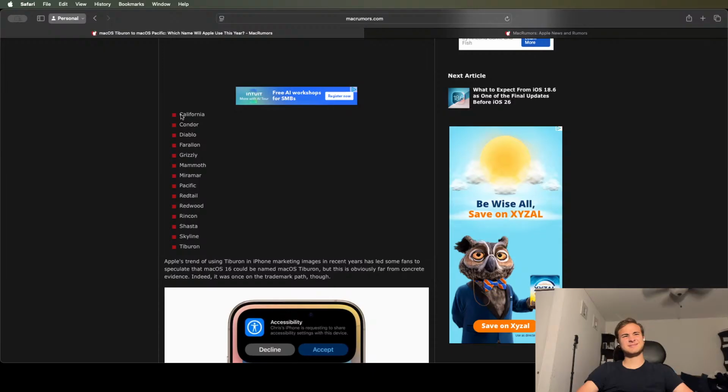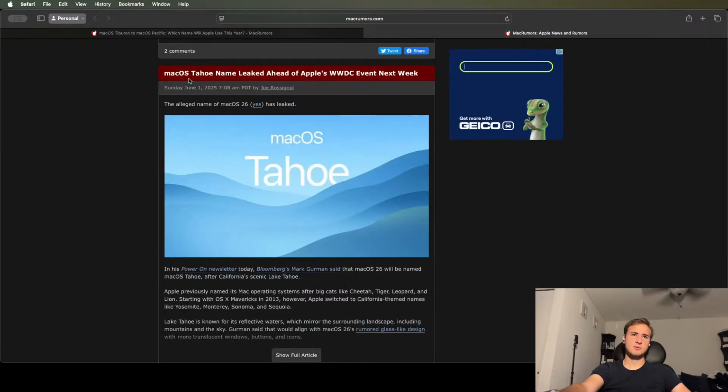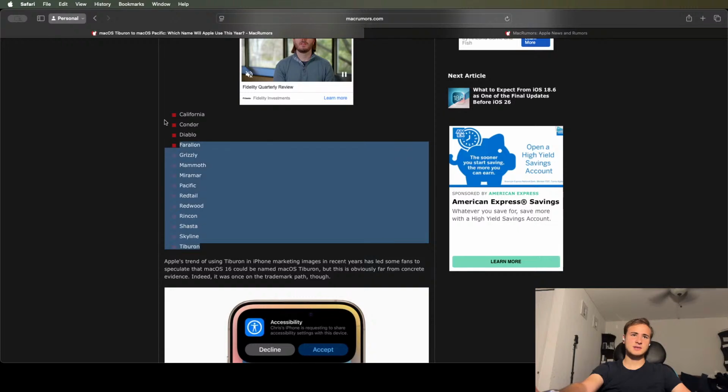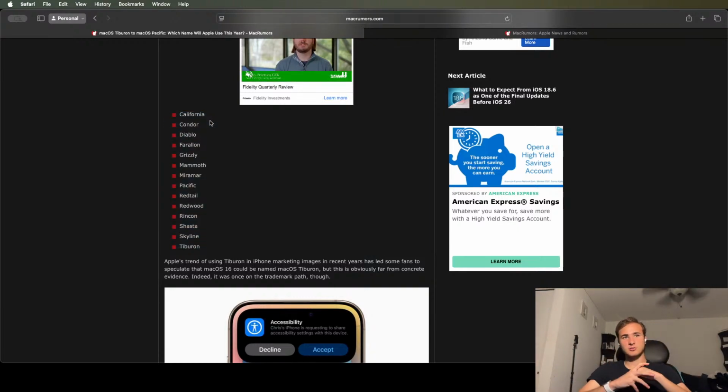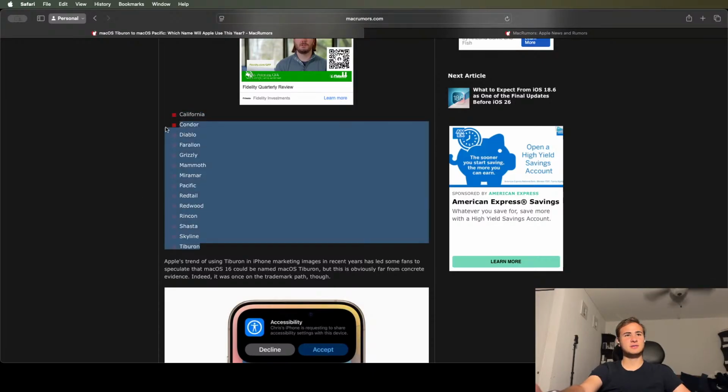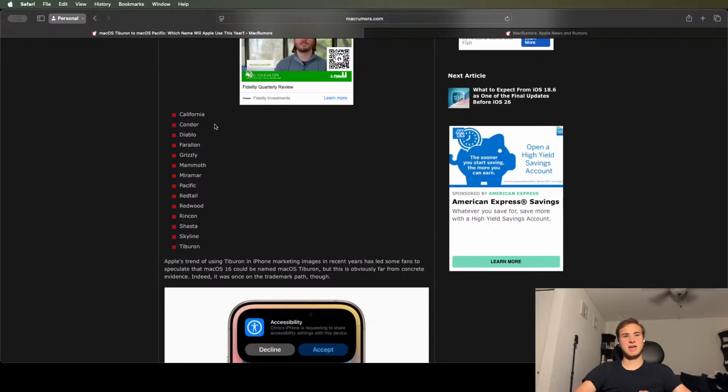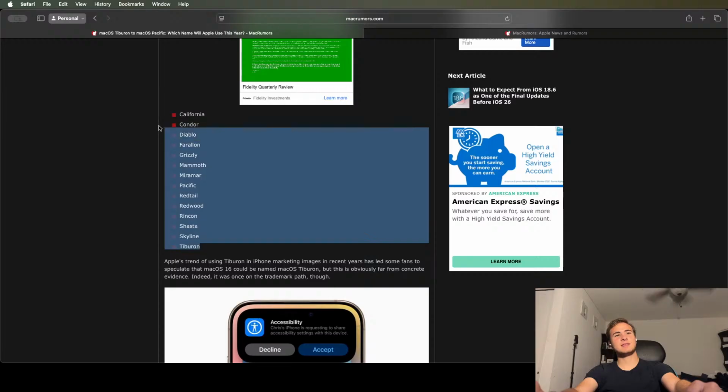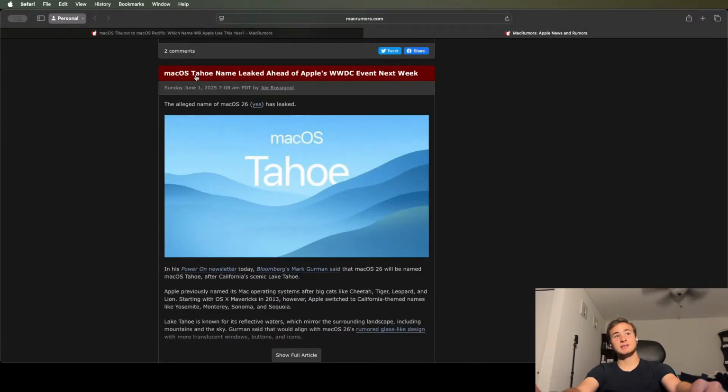I really don't think we're going to be getting Tahoe, because it's not on this list. These are the names Apple owns. If Microsoft were to make Windows Grizzly, they legally cannot. Windows Mammoth, they can't. Windows California, they can't. Apple owns these, and Microsoft just can't use them. Android can't use them, for example. So that's basically what these are. And I'm sure Microsoft would go Windows Tahoe if they could. I'm not saying they will, but if they did, they could just legally take it.